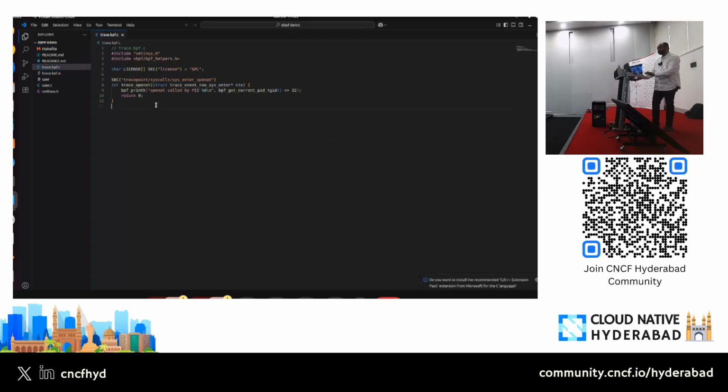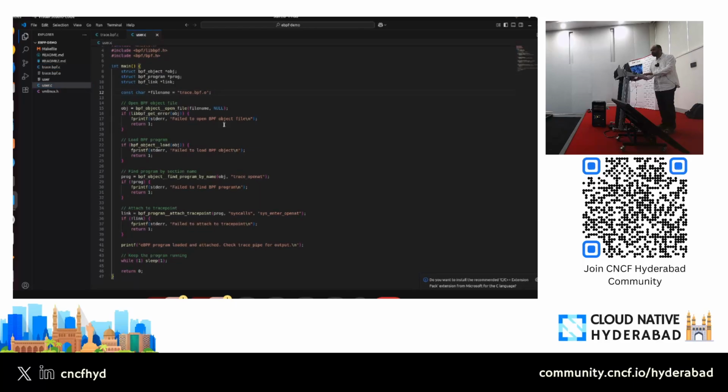Basically, this is your eBPF code. Unlike in other frameworks where you can hook directly, here you cannot hook directly, so you will be using these macros. This macro is very important, because you are hooking the trace point to this particular function.